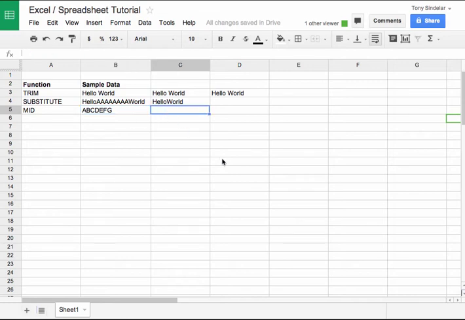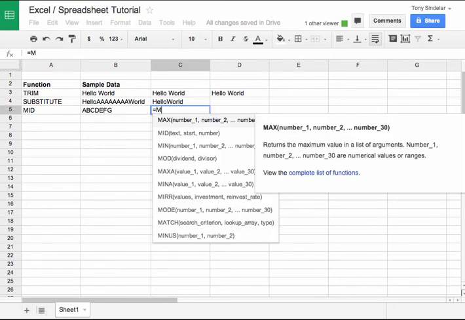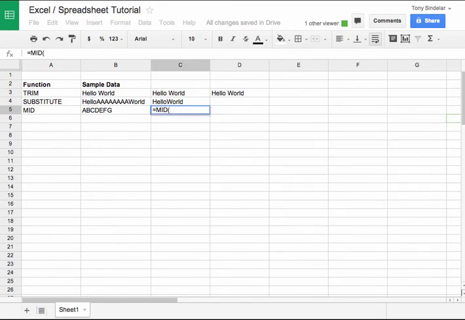So when I use the mid function, it again is going to take usually 3 arguments. The first argument is what you're indexing into. So in this case, it's going to be cell B5, A, B, C, D, E, F, G. The second item that you're going to provide to the mid function is which element numerically you want from the